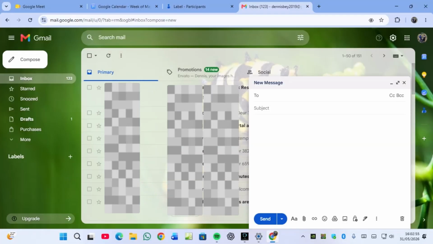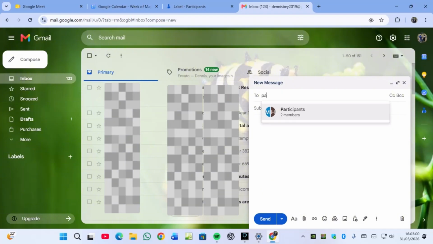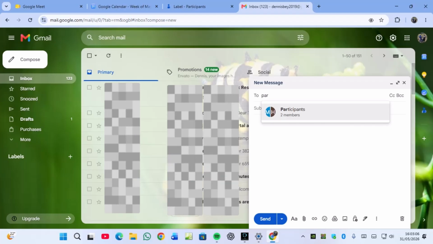and my Gmail, I think it does not have a lot of stuff. There are no controversial contacts. So I'll go to compose. When I come to compose, let's put it here, then I type here participants. So you can see participants is popping here. So participants has popped here. Once it has popped there,